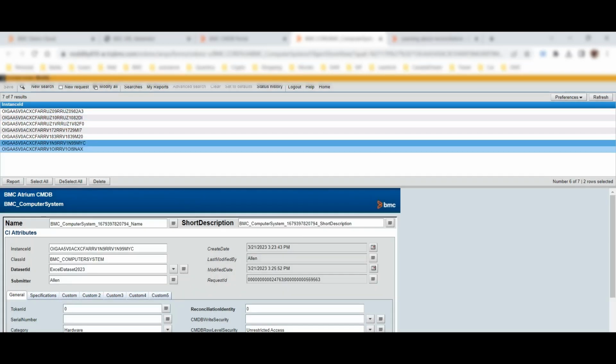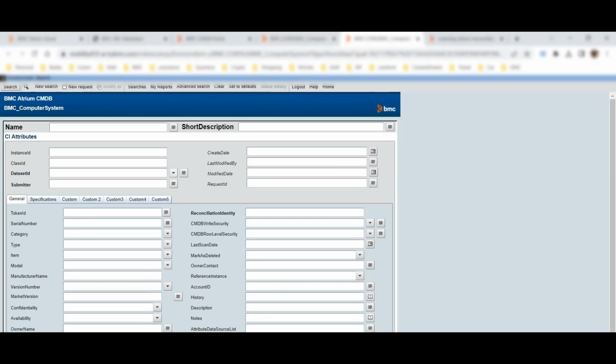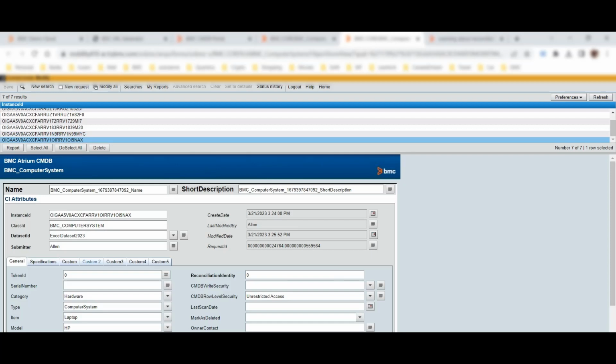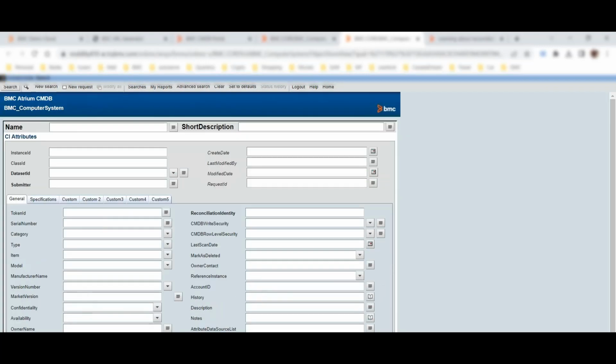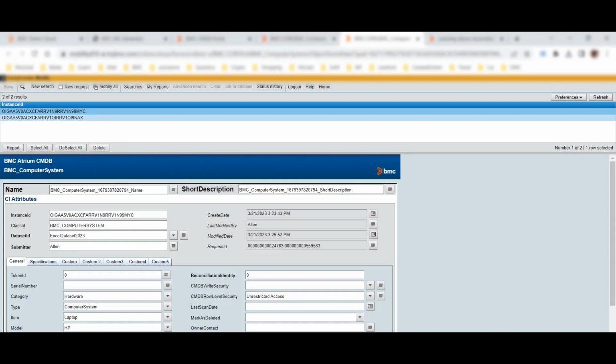Okay, now let us do one thing. For example, this CI, I'll copy the name. Okay, this one, let me duplicate this. And here I will perform a new search for Excel 23. Now here if I go to the bottom, the last CI, this one and the one in the other, I'll keep them the same. Okay, so let me save this. Now if you can see, this CI I have in both datasets. Okay, so it is in Excel dataset 2023 and